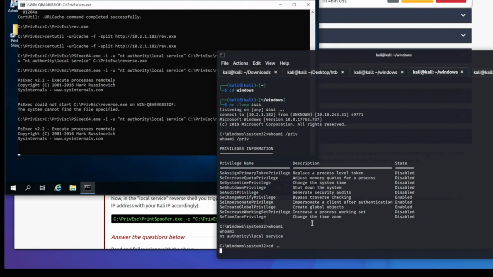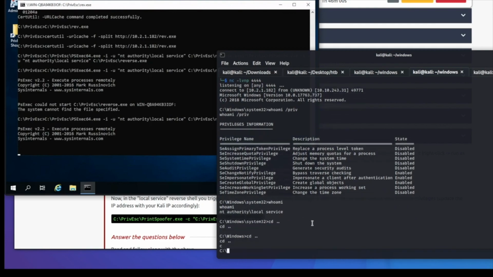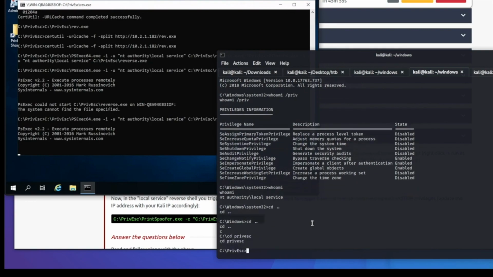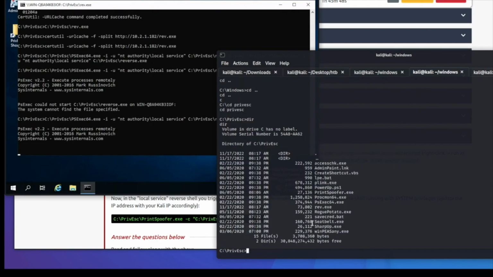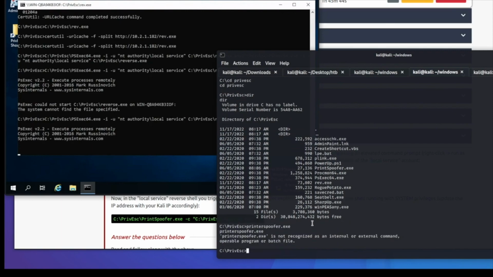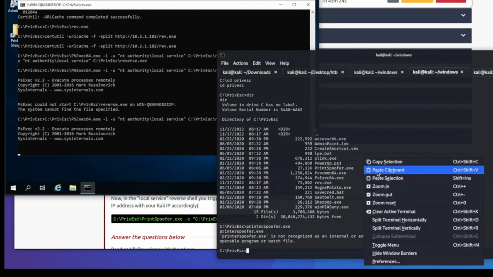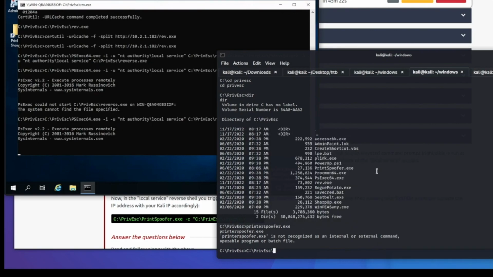So what we'll do now for the PrintSpoofer is we can just come back, cd into the privesc, and we can run the PrintSpoofer. So we should be able to just type in, let's see if we can just run PrintSpoofer.exe, and it does not let us. It says it's unrecognized, and it is possible that it didn't work because I didn't run it with these capitals, but for the sake of this, we'll just give it the full path, and we'll say PrintSpoofer,